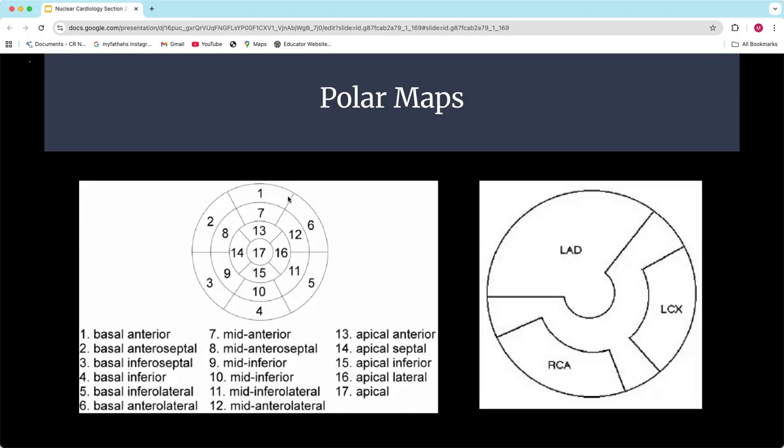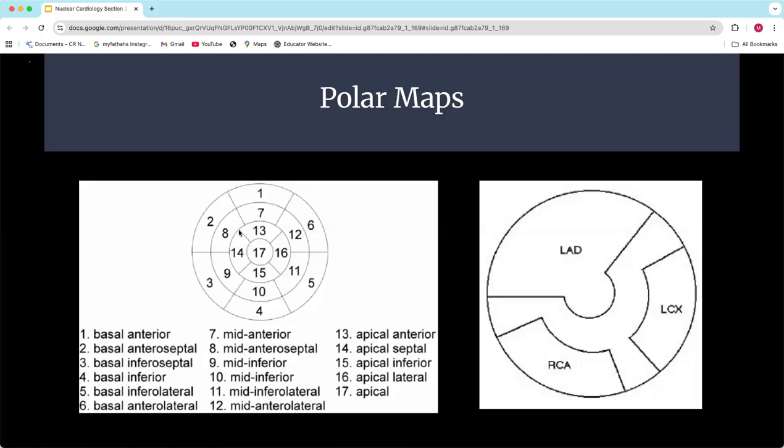So in other words, the base of your heart is all the way around the edge and the apex is in the middle, okay? This is what's called a 16-segment polar map. They'll break it up into these 16 sections. Usually your software will give a value from 0 to 4 on how much perfusion is missing in that area. If it gives a value of 4, it'll be missing a lot. If it gives you a value of 1 or 0, then it's not missing. Now in here, these aren't those perfusion values. They've just numbered these so you can know the names of these sections, okay?